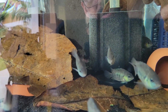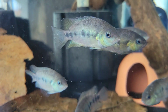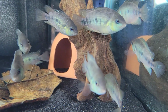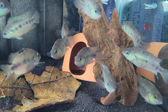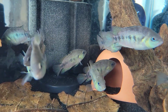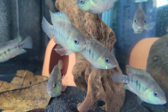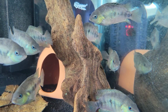All right, now here's one of the new species that I got not too long ago. Try to get in here close. See the progress on these guys, the Nanoludia, and they're doing pretty good. Really big eaters, and nice to see them out and about. They're not as shy as I thought they would be. Probably in that 1.5 to 2 inch range right now, and I can't wait to start seeing some pair off and get into that breeding dress, that really bright yellowish coloration. But they're doing good right now,